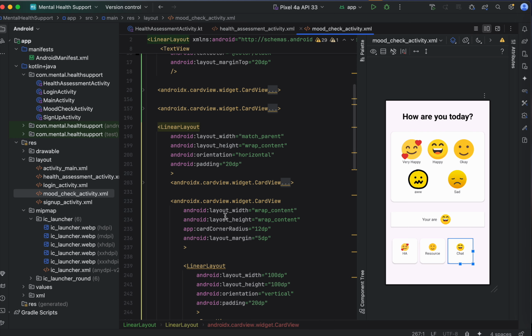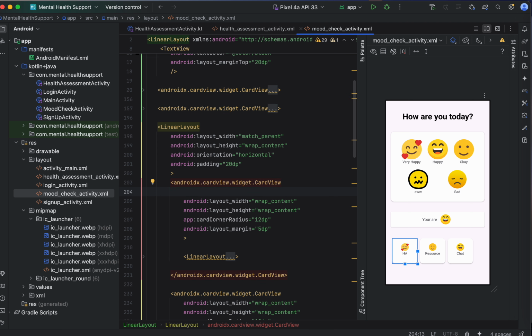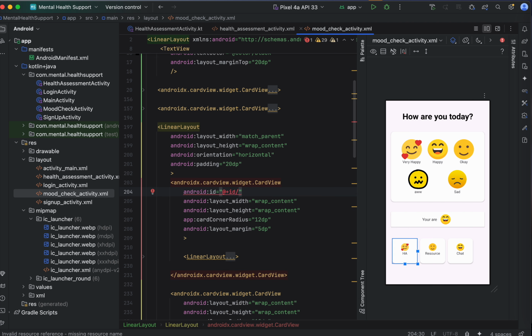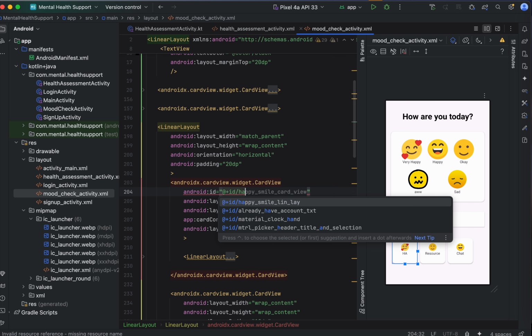So what do we have to give? We have to give an ID now for this one. So this one is card. Card is the full one. We are going to use the full card only, right? So we are going to give an ID. This ID will be like health assessment card. HA card. I will just give HA